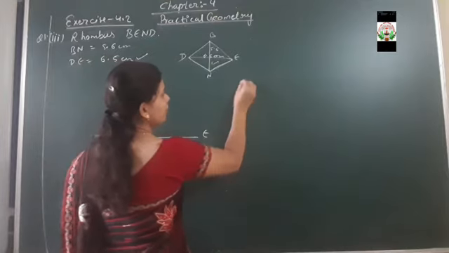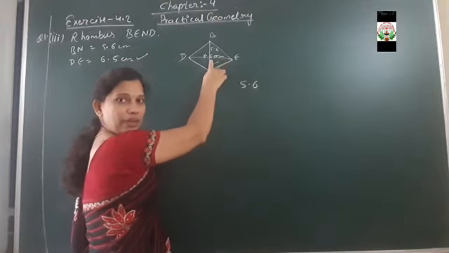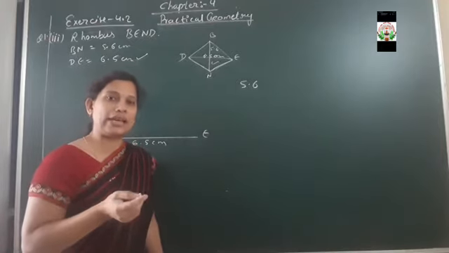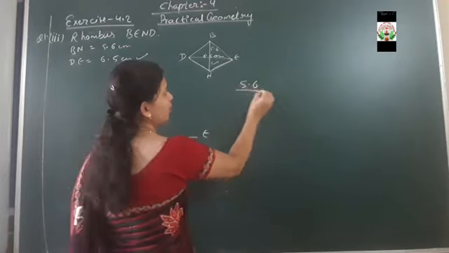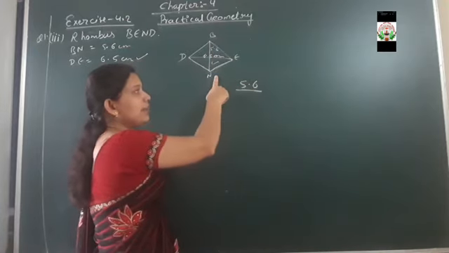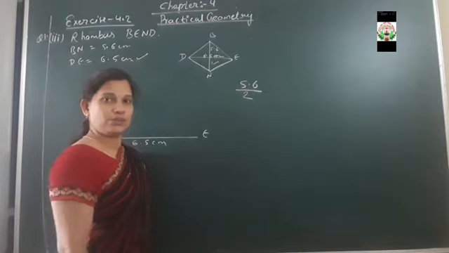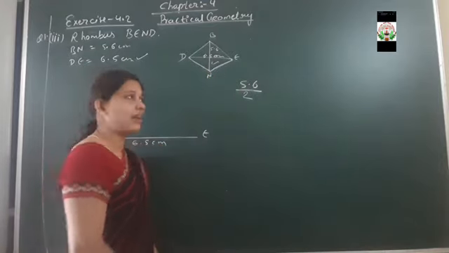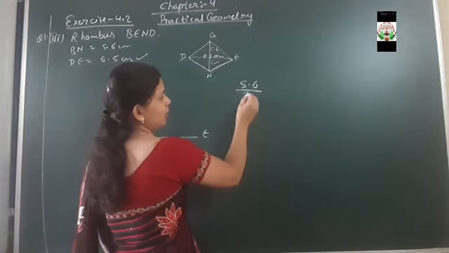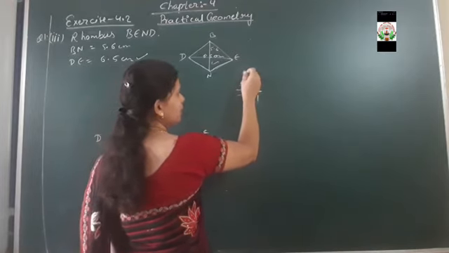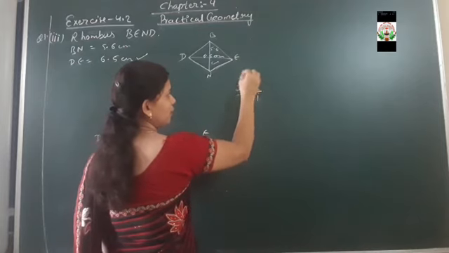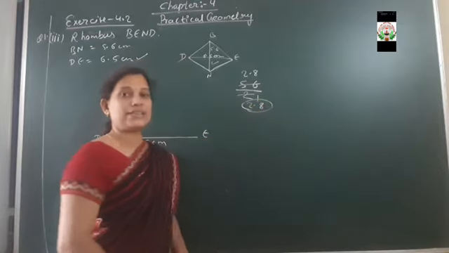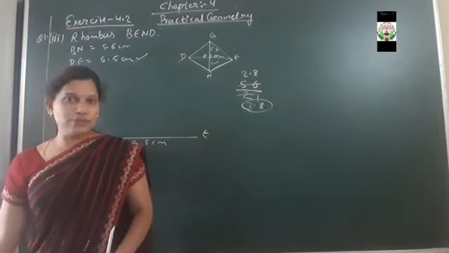Now, as we know that this BN measurement is 5.6. So, if we are going to divide, since this intersection point we are getting, so intersection lines duty is what? To divide the line into two equal parts. So that's why 5.6 is the total measurement of the diagonal BN, which we are going to divide by 2. Why we are going to be divided by 2? Because the another diagonal DE is going to intersecting it, that's why. So here, this will be how much? 2 as 4, 16. So here it will be 2.8 centimeter.